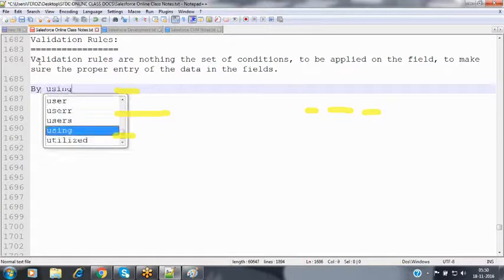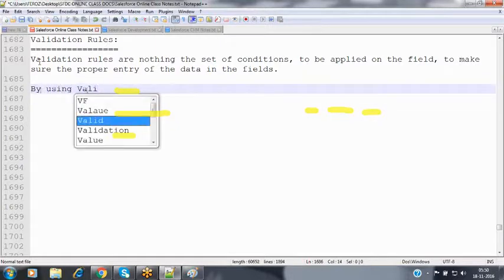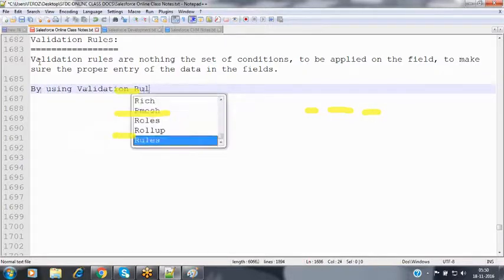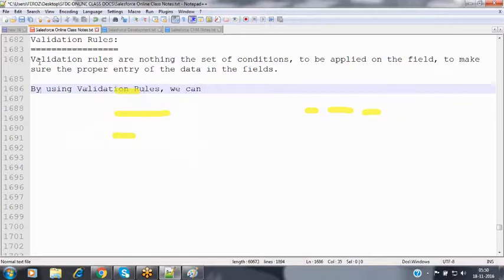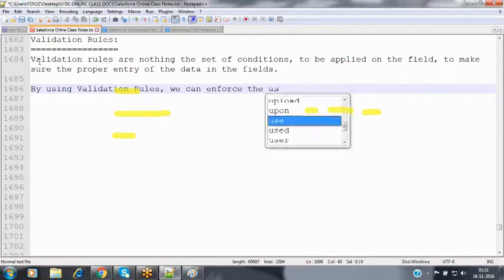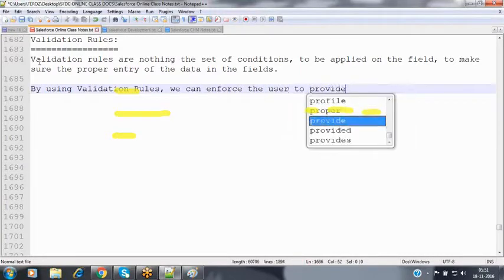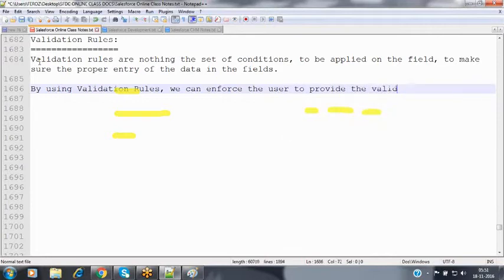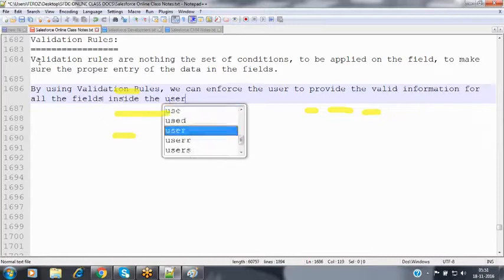By using validation rules, we can enforce the user to provide the valid information for all the fields inside the user interface.